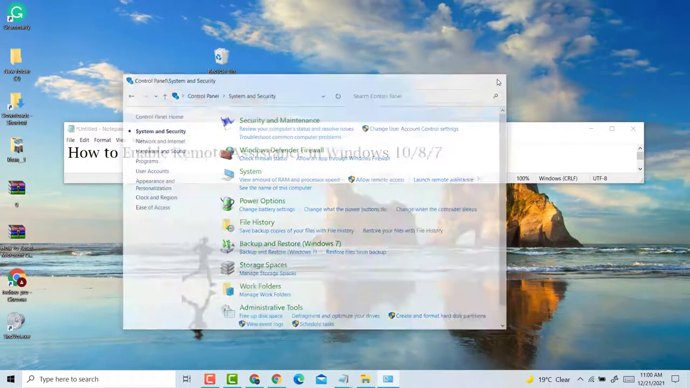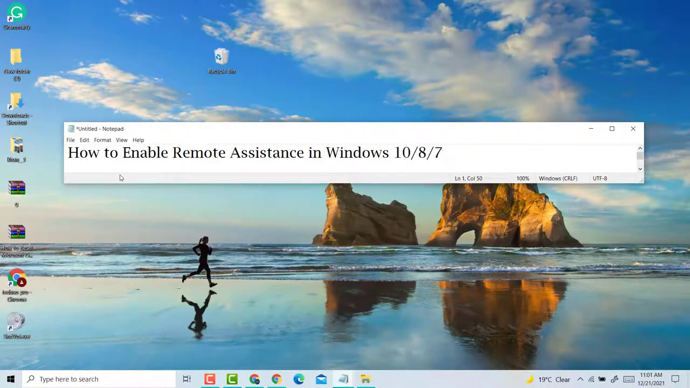That is it. So guys, this is a very simple and easy method if you want to enable remote assistance in Windows